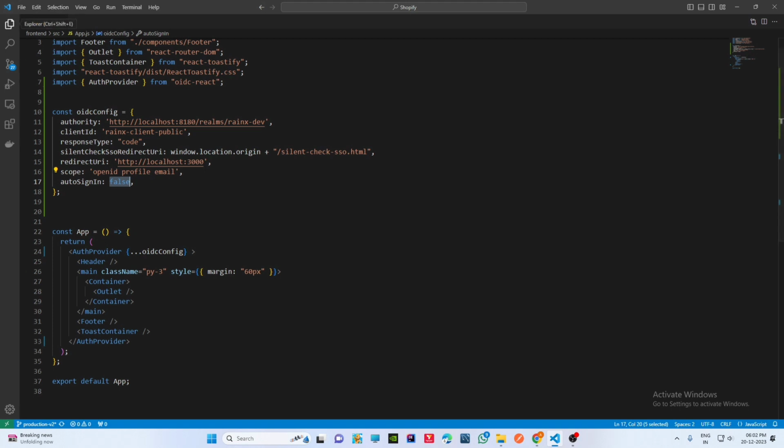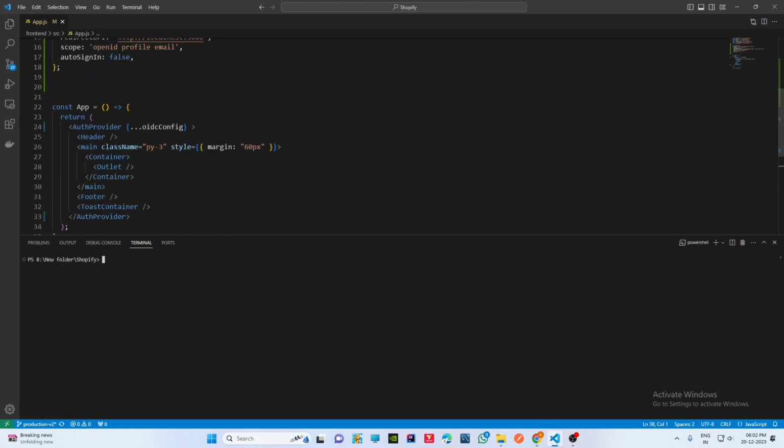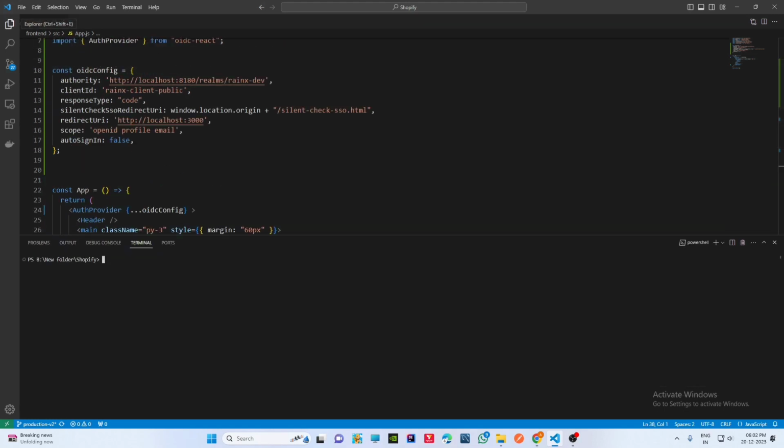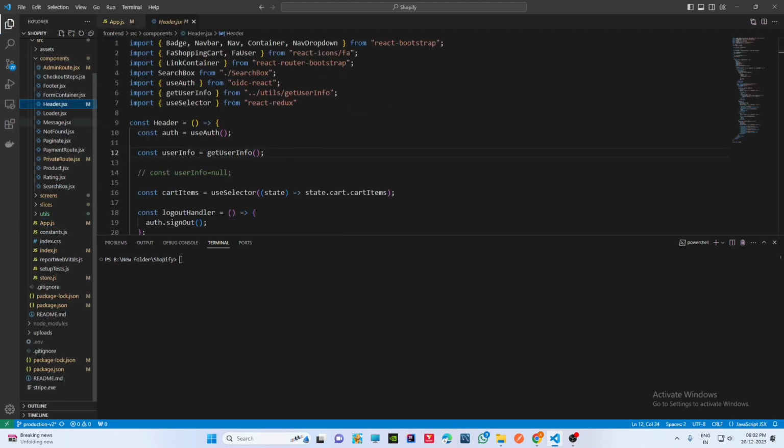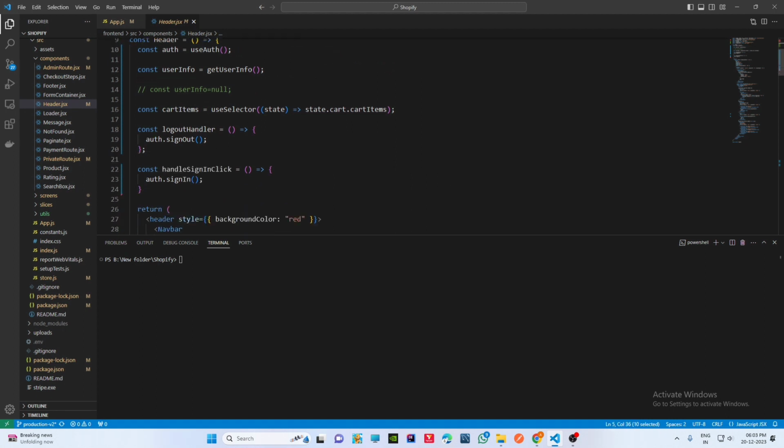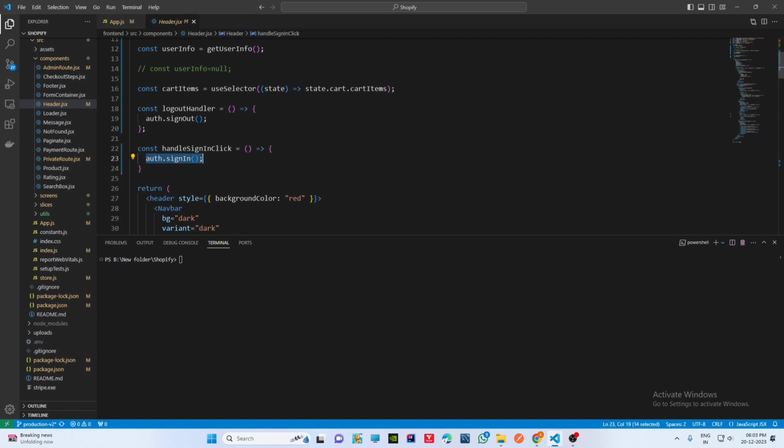So let me show you one thing. Let me run this app first. And yeah, so in the header function, let me show you how it logs in. You can use this useAuth, which is a part of this OIDC React library, and you can just call this method auth sign in, and it will sign you in. And if you wanna sign out, you just call this function, and it will sign you out of the Keycloak. So let me start the app,